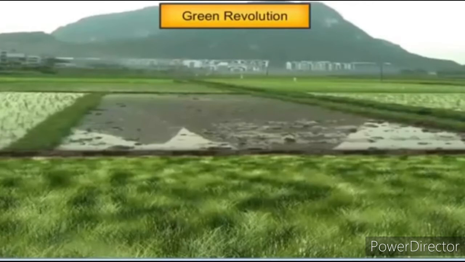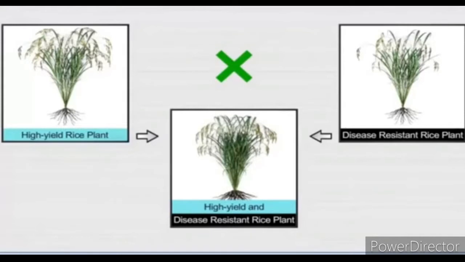In our country, the Green Revolution was responsible for meeting the national requirement in food production. The Green Revolution was dependent to a large extent on plant breeding techniques for the development of high-yielding and disease-resistant varieties in wheat, rice, maize, etc. Plant breeding is the purposeful manipulation of plant species in order to create desired plant types that are better suited for cultivation, give better yield and are disease resistant.